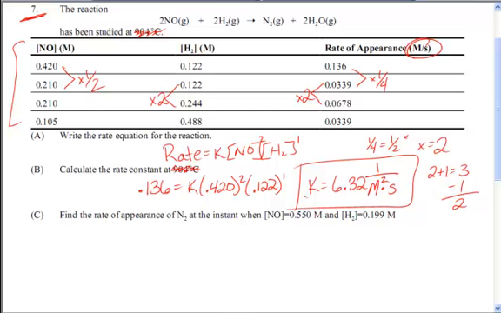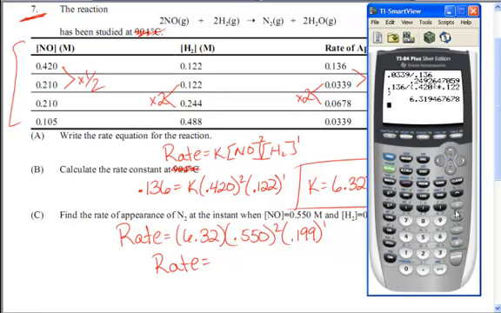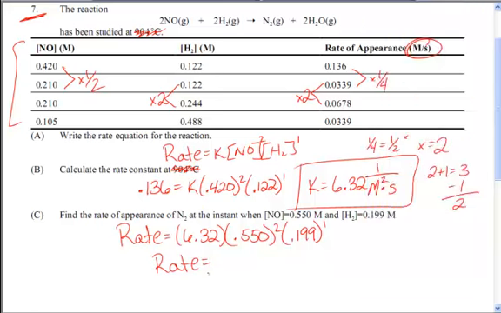Find the rate of appearance of N2 at the instant when NO is 0.550, H2 is 0.199. Nice and simple. Find the rate, it says. Rate equals K, 6.32 times 0.550 squared times 0.199 to the first. My rate is obviously going to be something I have no idea, but I have to calculate it. So times 0.550 squared times 0.199 is 0.380